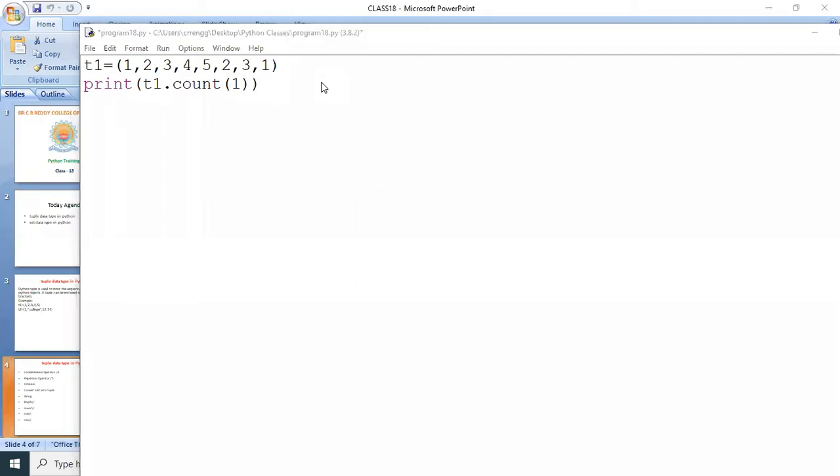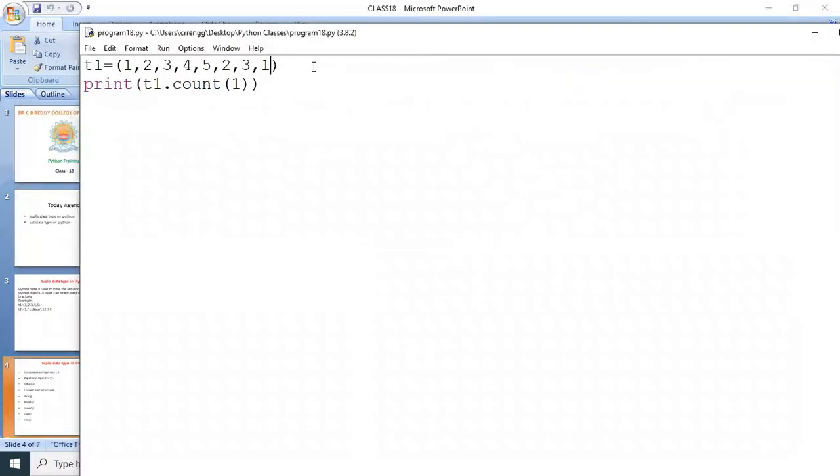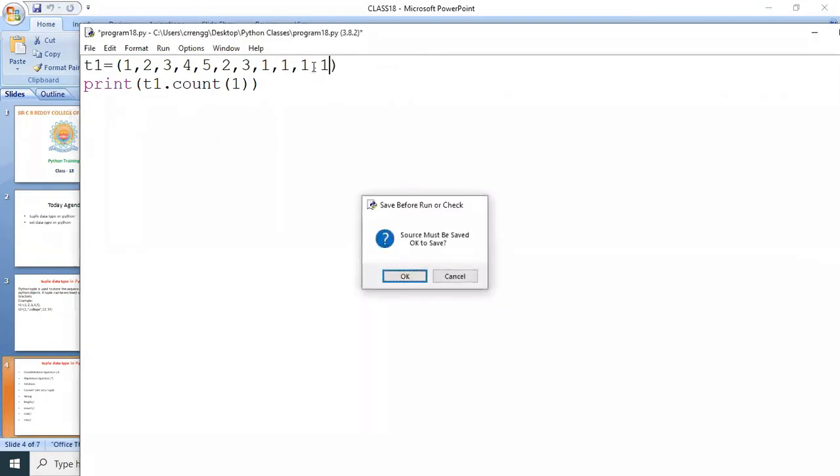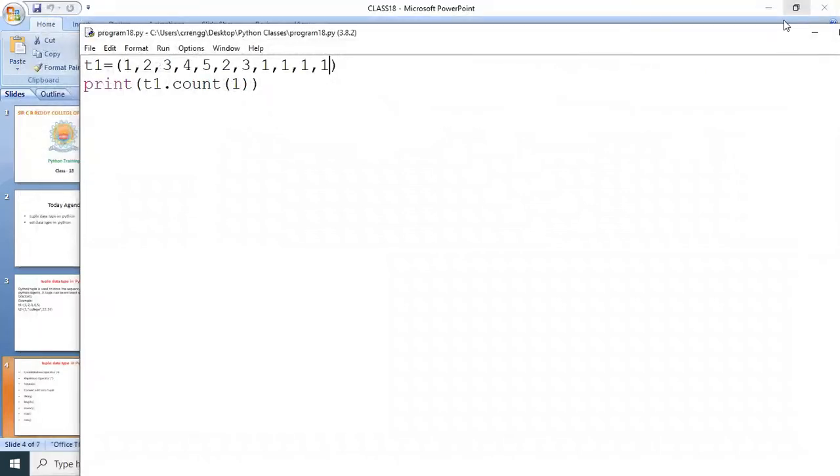So how many times 1 is in t1? 2 times. So it returns 2 as output. If I change like this, comma 1, comma 1, comma 1, now it returns 5 as an output. It counts the number of ones in the tuple t1.